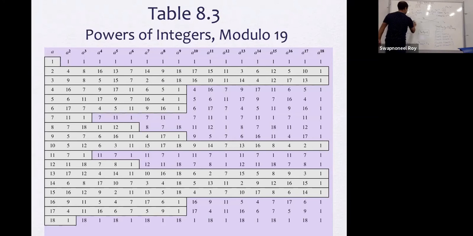Let me just erase these lines. For alpha equal to 7, YA will be equal to 7 to the 4 mod 19, which is equal to 7. And YB, which is the public key of Bob, will be 7 to the 7 mod 19, also equal to 7. Do you understand the problem now?